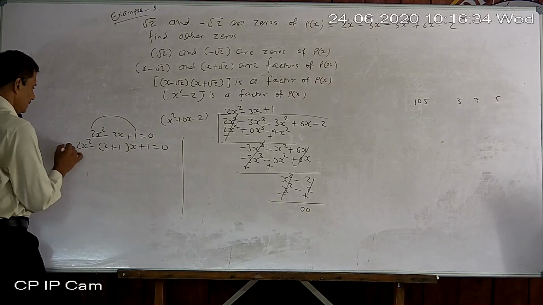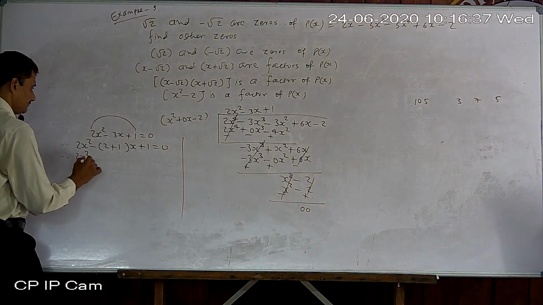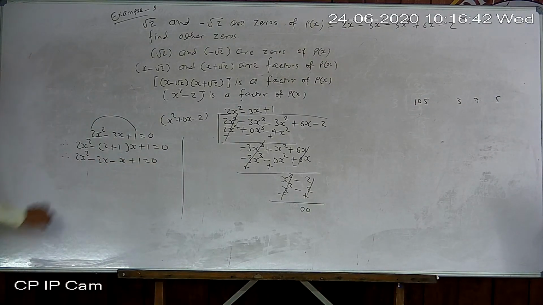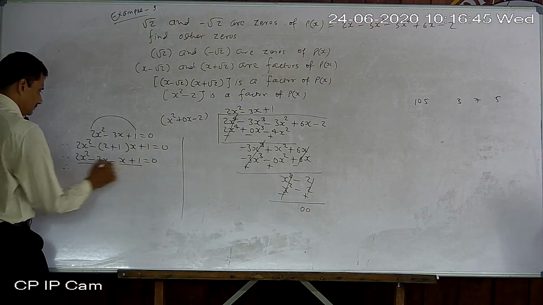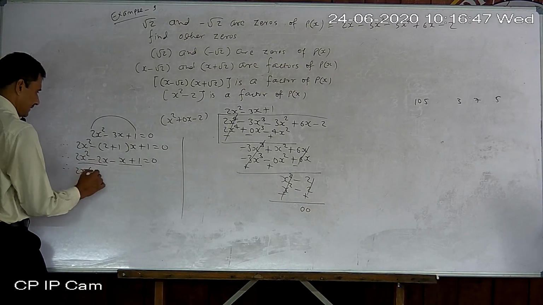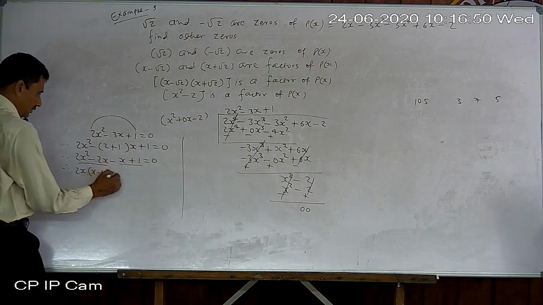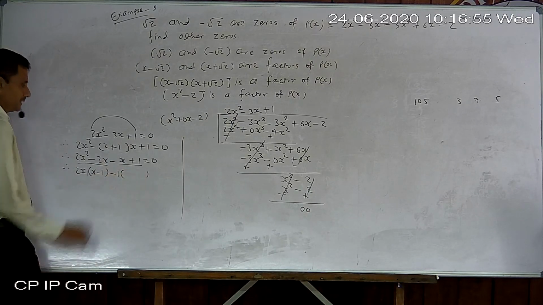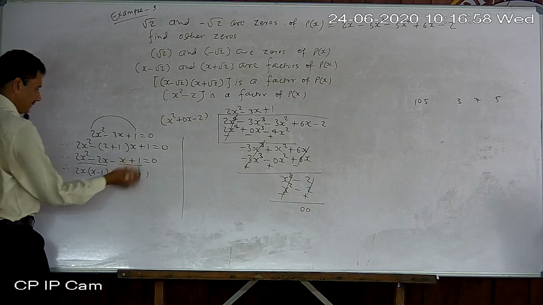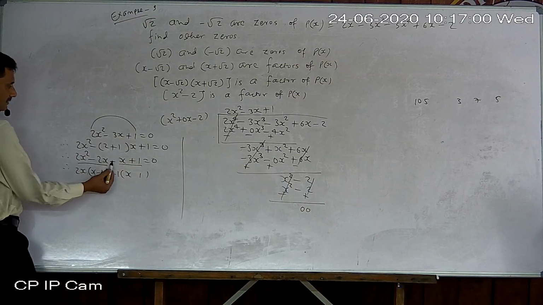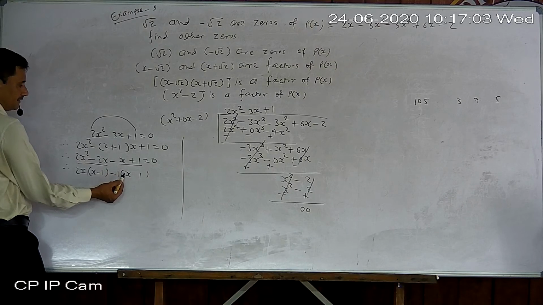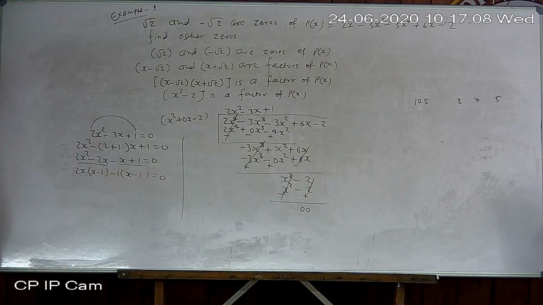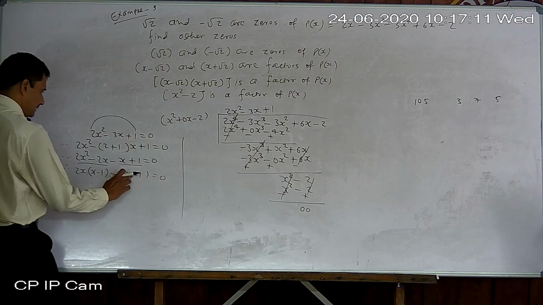Now just open that bracket. So 2x square minus 2x minus 1x plus 1. Take common from the first 2. So 2x is common. So x minus 1 is left here. Now according to the third term's sign, take minus common, and nothing is common, so take 1 common. So x, only x, and 1 remains 1 only, because nothing is common. But the sign will be opposite. This third term is minus, so it becomes plus. The fourth term is plus, so it becomes minus. And both brackets we obtain equal. So our process is right.